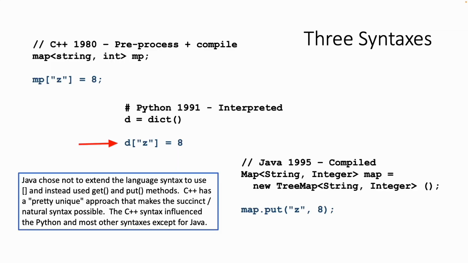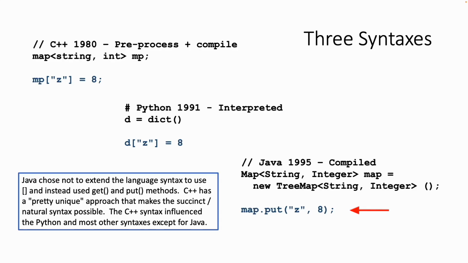And again, you used this from the beginning when you first started programming in Python, and you thought that was just natural. But what's really going on is more like what Java did in 1995. We're not going to use the square bracket to put stuff into a map. We're going to be more pure here, and we're going to create methods. Now, if you look under the covers in Python, you see that that is really a method that does that insert of the key of z and the value of 8.